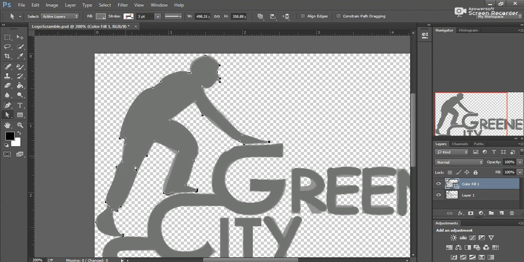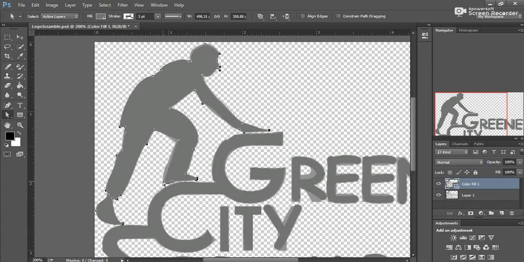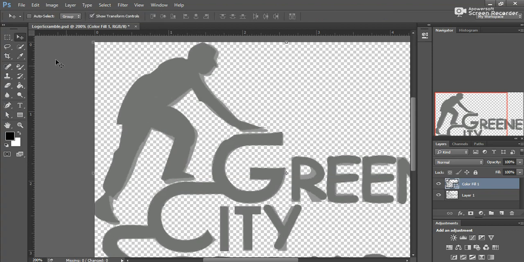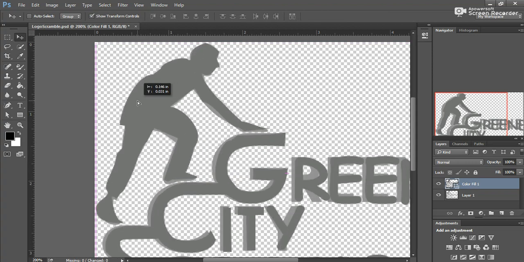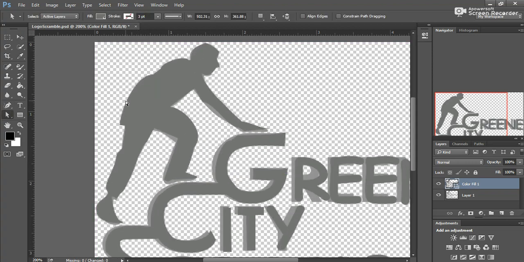Alright, so then you just go and adjust it, and you see it's already filled in because I already put that solid color fill down here, layer in. And so you can just make, oops, go back. You just gotta fill in the